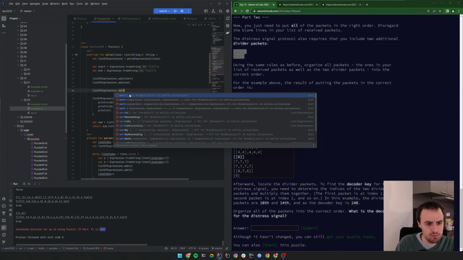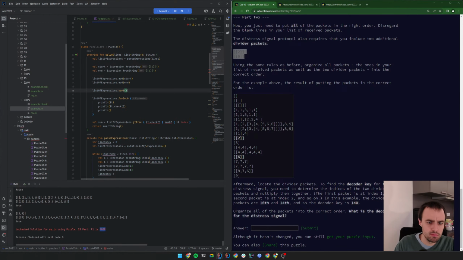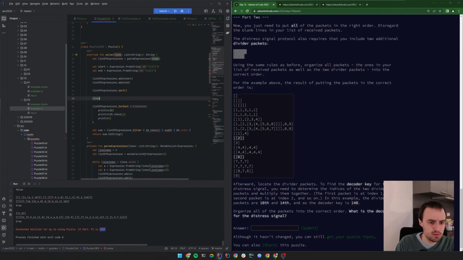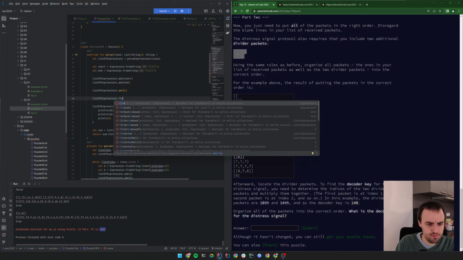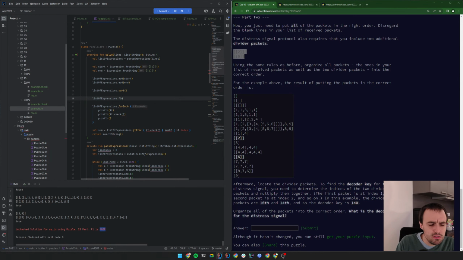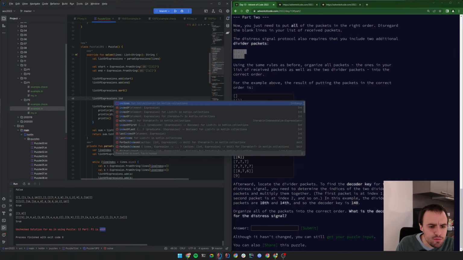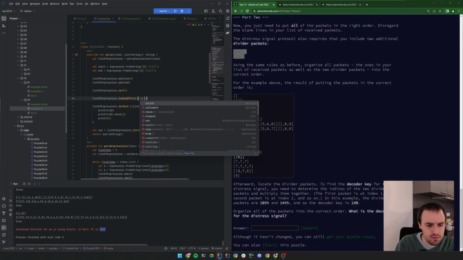Can we say sort? We can also say sort. List of expressions dot find index of. Can we do something like index of first where it's dot index of